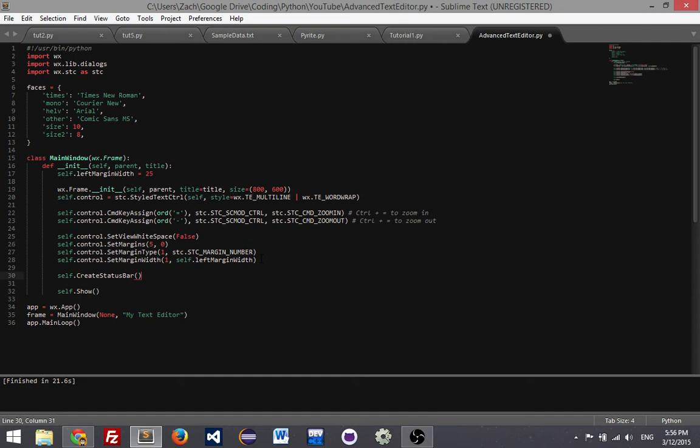This is the bar at the bottom. As you see in Sublime, it's got line 30, column 31. That's a status bar, so we want pretty much the same thing. Now I'm going to say status bar